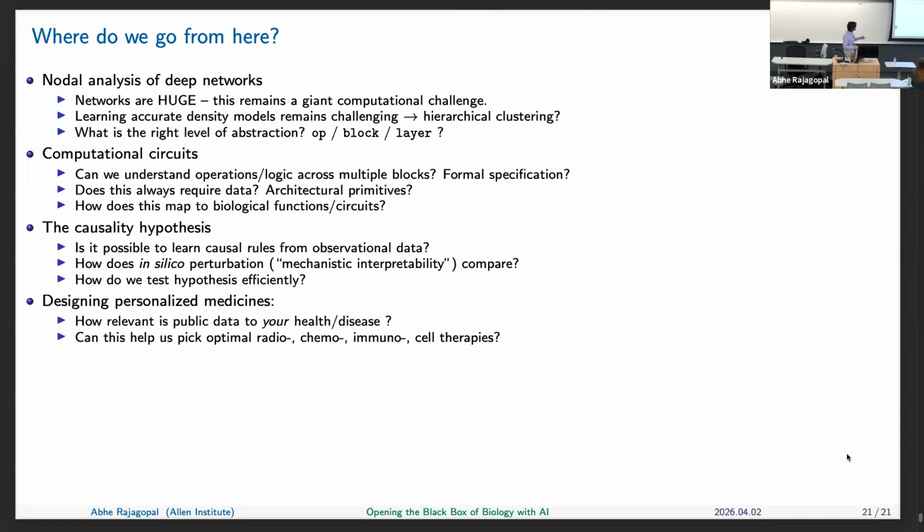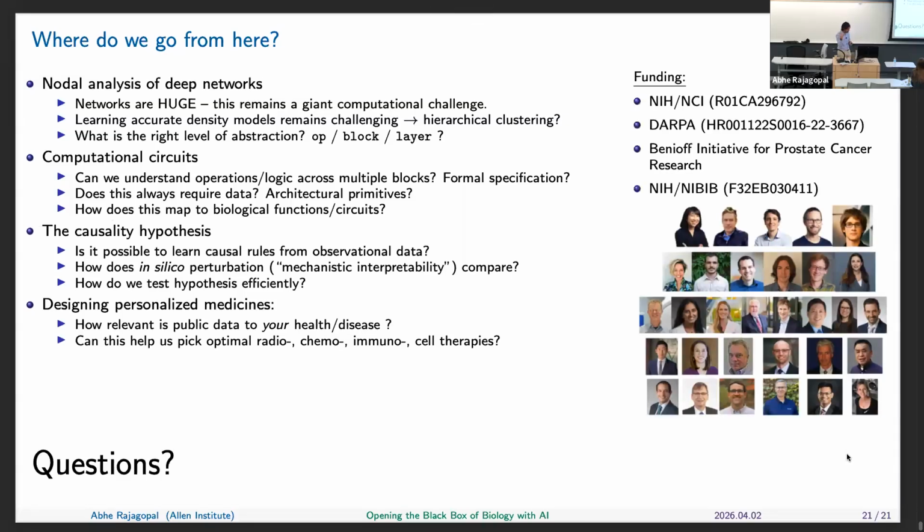And the final thing that I hinted at is that what we're really after is being able to design personalized medicines. When we train these big models, what we ultimately want to ask is, when you go to UW and get a blood draw, and you get gene expression data or protein counts or whatever, how relevant is your data? Which trace do you correspond to on that graph? To answer that question, we need a lot more data, but also a good way to annotate that data to understand whether that sort of association is worthwhile. So with that, I just wanted to thank my collaborators and my funding sources, and I'm happy to take any questions.